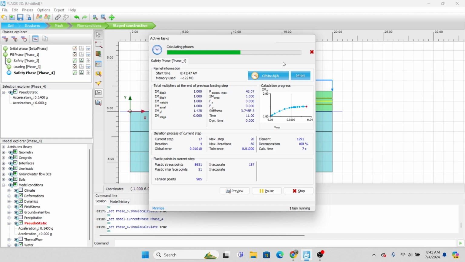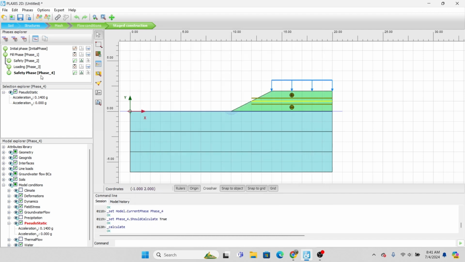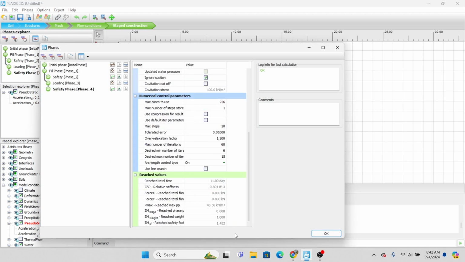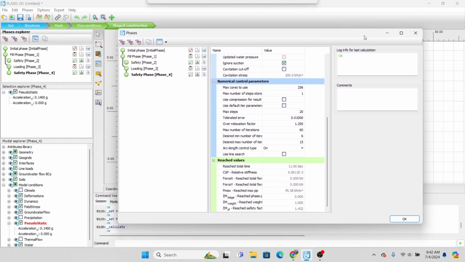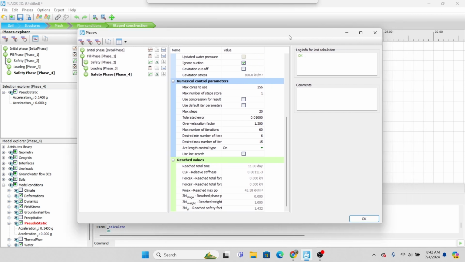So as you can see here, from the 2.15 to now the safety is 1.432. So for the Indonesian standards, for the static condition, the minimal safety factor is 1.5, but for the pseudostatic condition, you could go down to 1.1. So the embankment still is okay